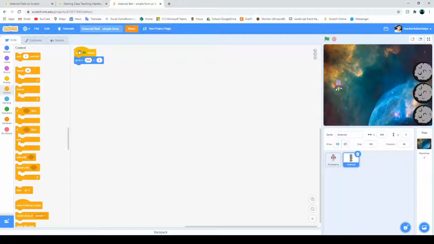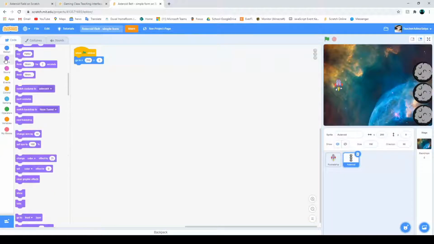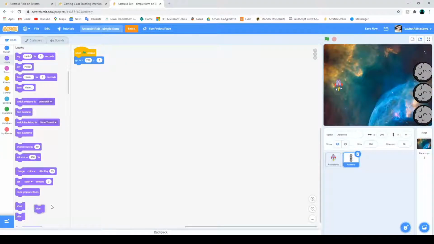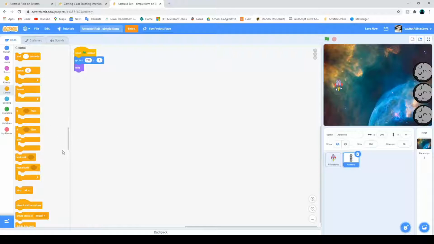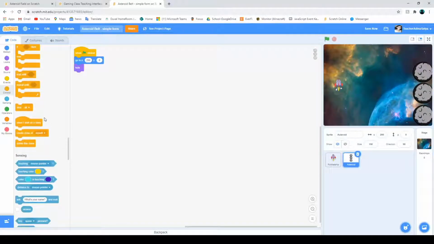We started already, so the first thing we did for the asteroid is to position it to the position where it appears on the screen. But we don't actually want it to appear, so we want to tell it to hide. It goes to that position, but the original sprite hides right away. And what we do next is to create the clones. So in the control category, we have these 3 blocks that work for this cloning method. We choose create clone of myself,